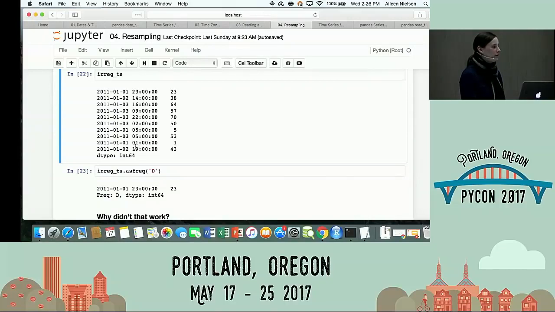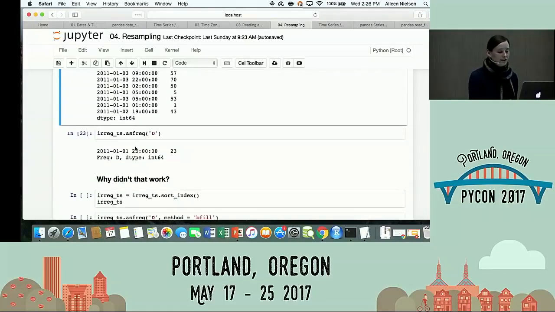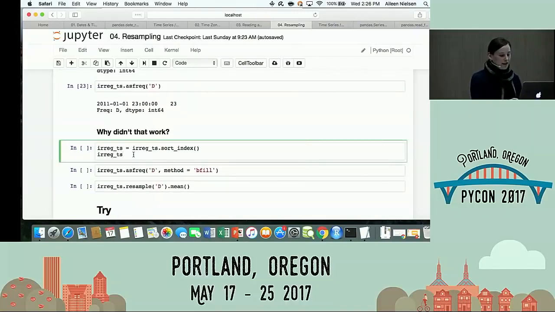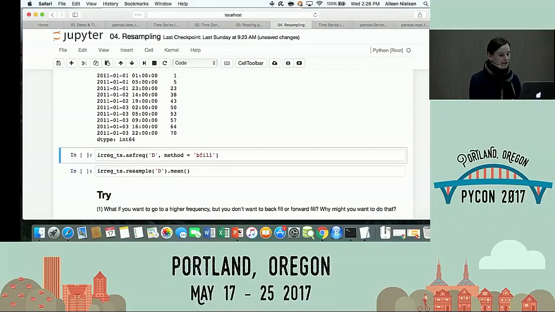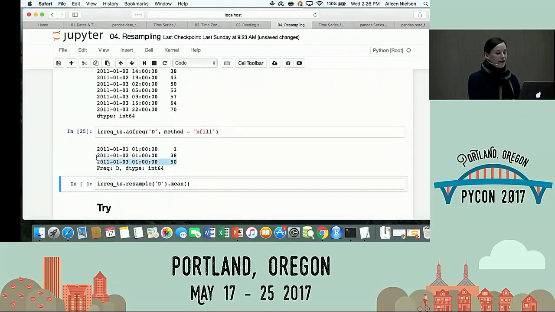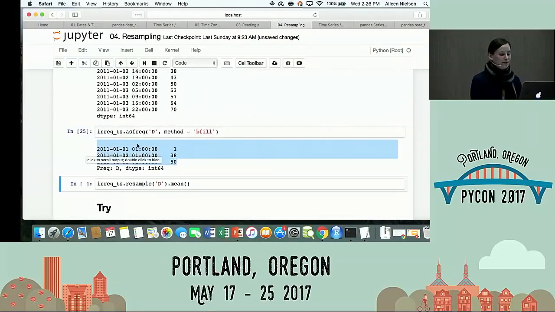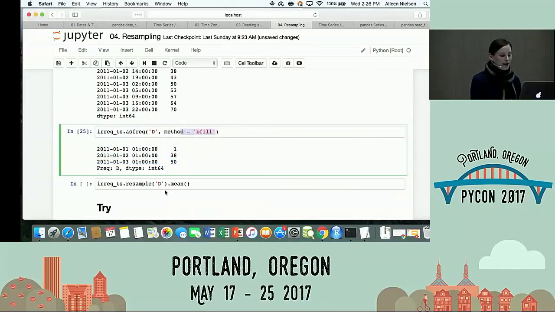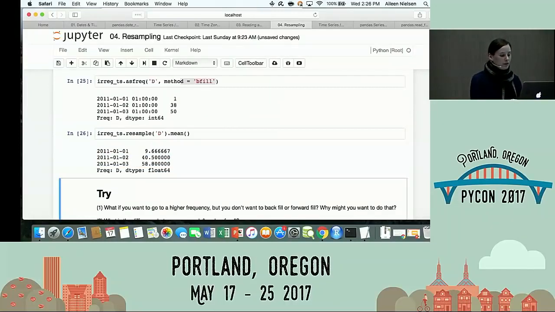One thing you want to be aware of with Pandas is it does expect your data to be in a sensible order when you're dealing with time. So if you just go ahead and do a sort index like this, and then you try that daily method again, you will now find that you have sampled and it has behaved as expected. I can do a backfill. I can also say do a resample and take a mean. So it's a nice, easy way to clean up your irregular time series. Just because they're irregular, though, that's not enough. They do have to at least be in order.